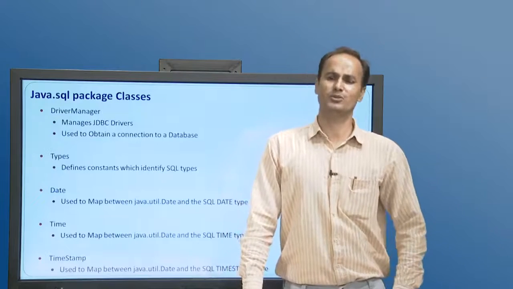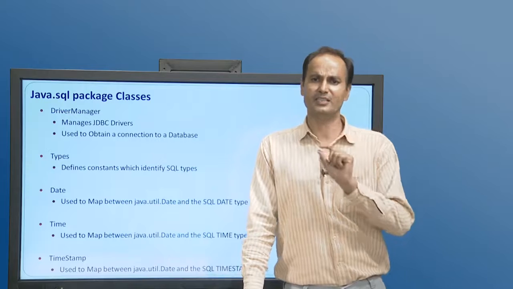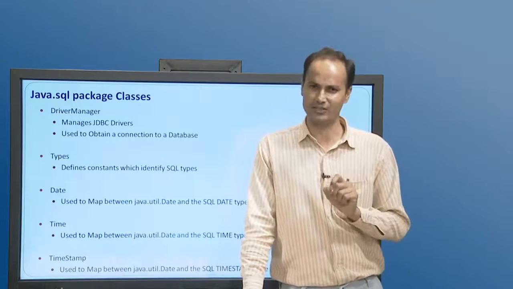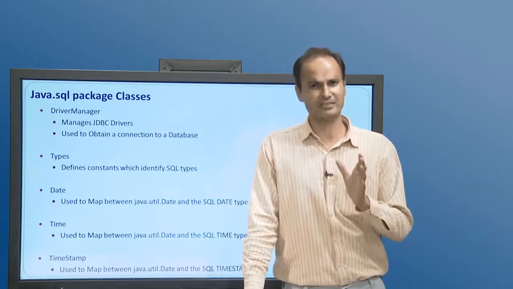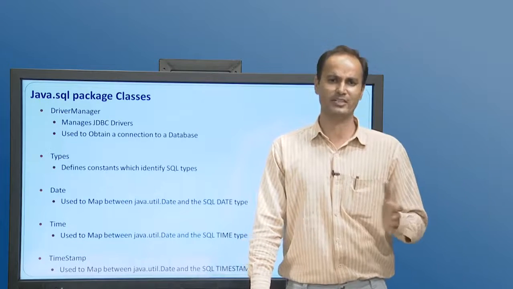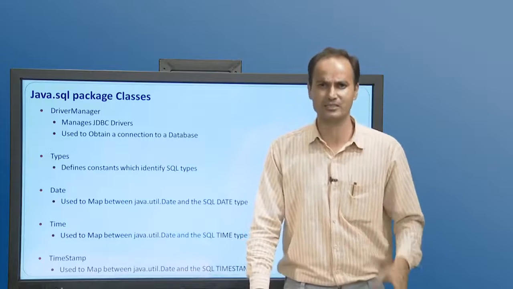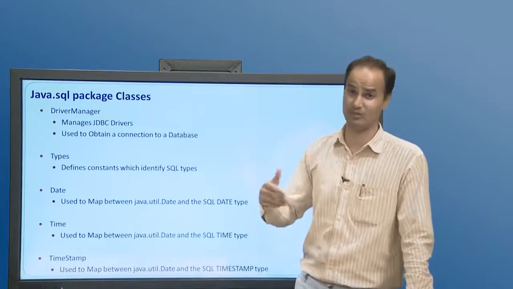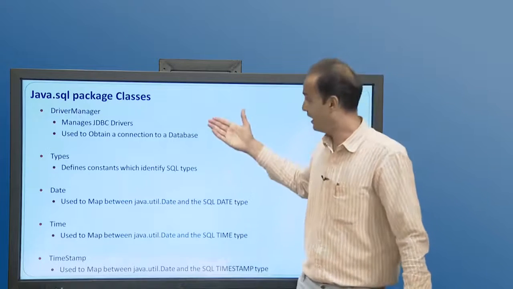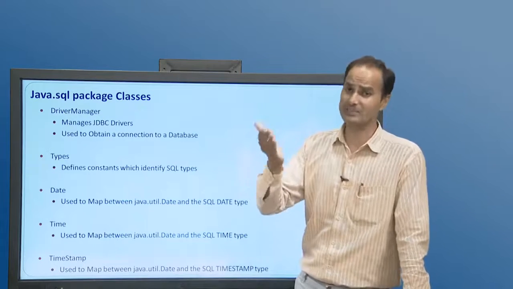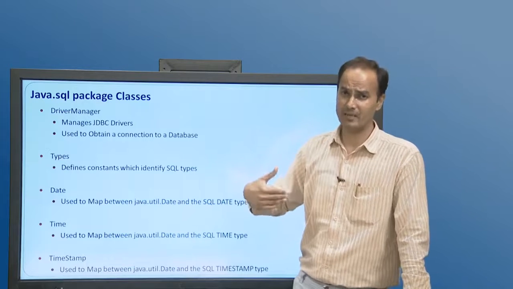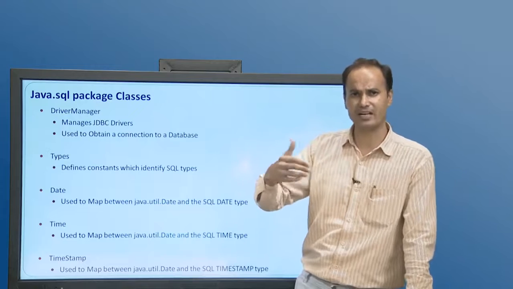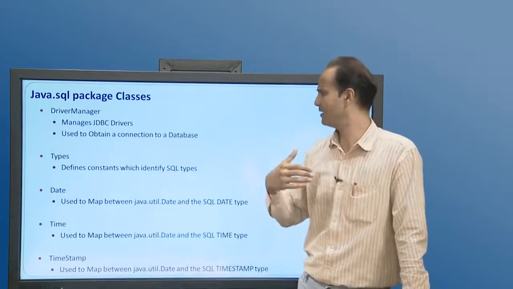Now let us come to the main point about the JDBC connections: to establish a JDBC connection we will use the java.sql package. This package contains various important classes and interfaces. Among that, which are those classes that we will use to establish the connection? Let's have a look. The first class is the DriverManager class. The DriverManager class helps us to establish the connection with the backend database, and after using this connection we can manipulate data and perform certain other tasks as and when required.